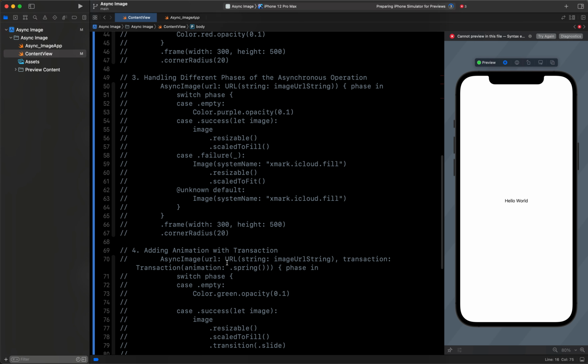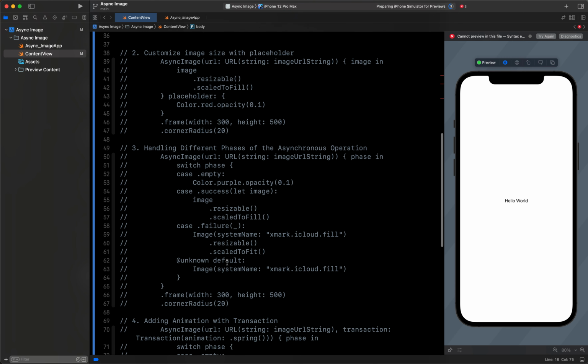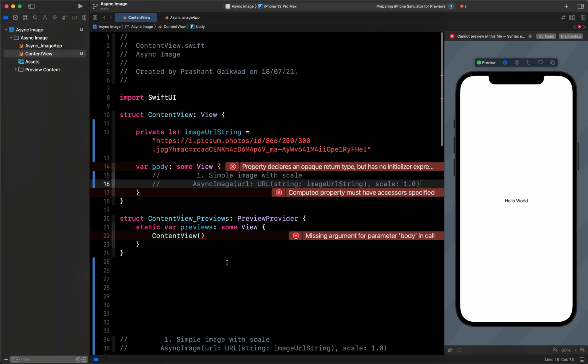Also, once the image is completely downloaded, you can use an animation to show the image on the image view. So that also we are going to see today. It's actually very easy.